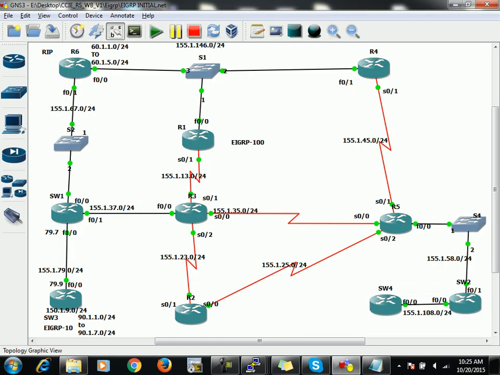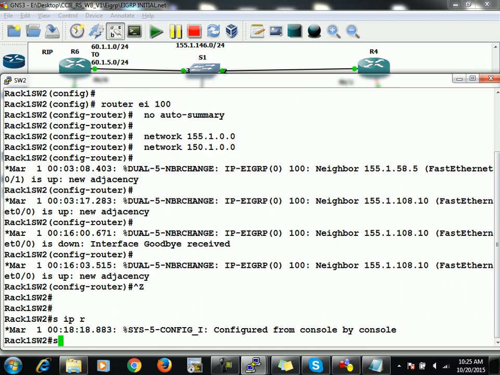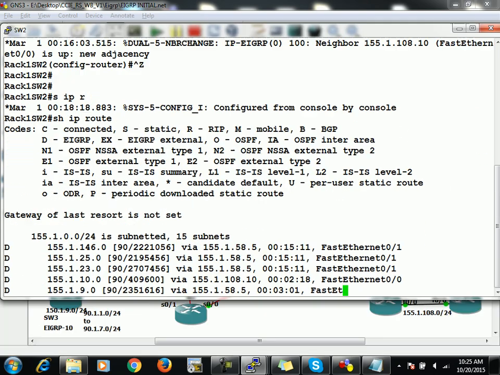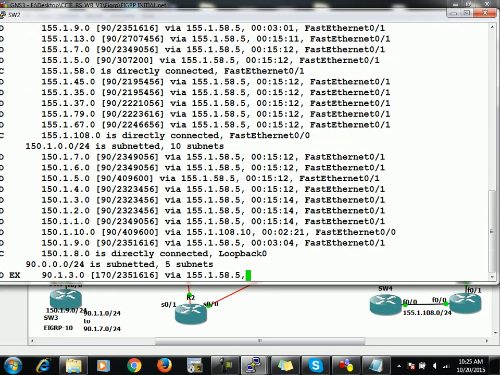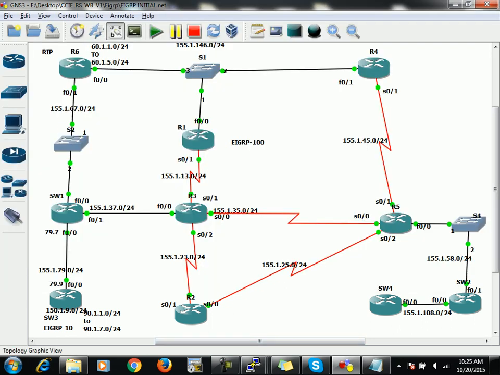But still you can find all these 90s prefixes in the routing table of switch 2. So you can look at the routing table of switch 2. Let me show you. You must be able to get them in its routing table. However, switch 2 will keep on forwarding these updates towards switch 4, but switch 4 is not going to